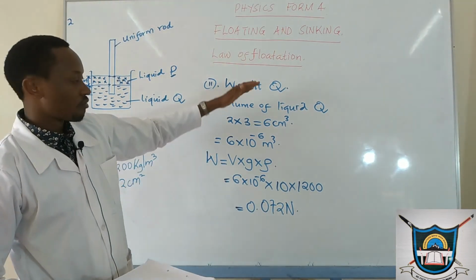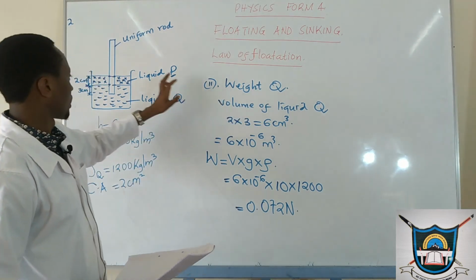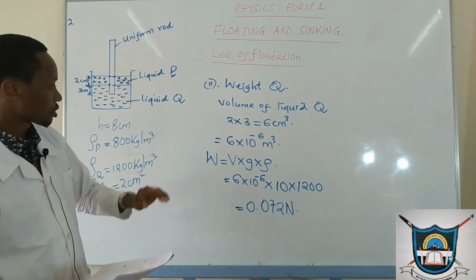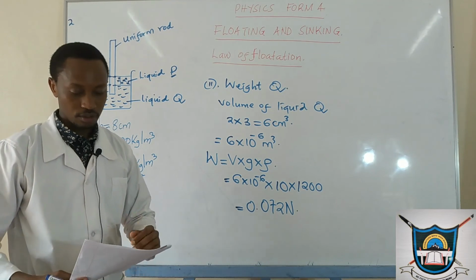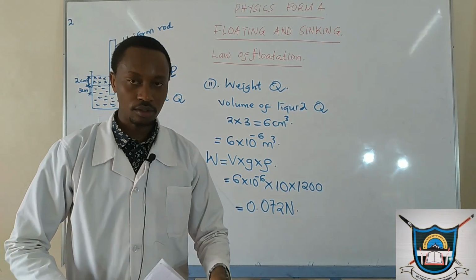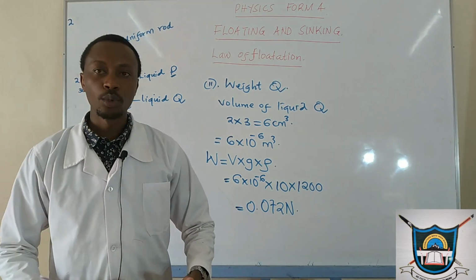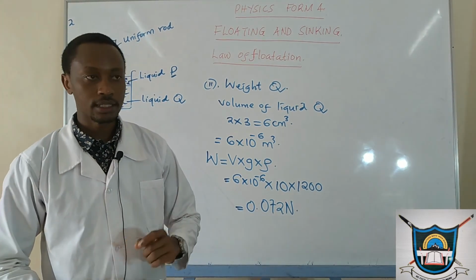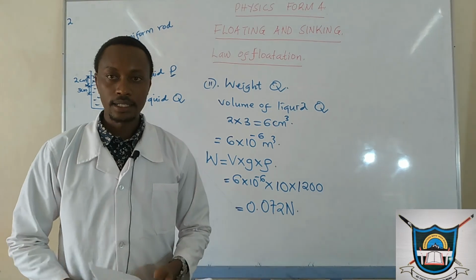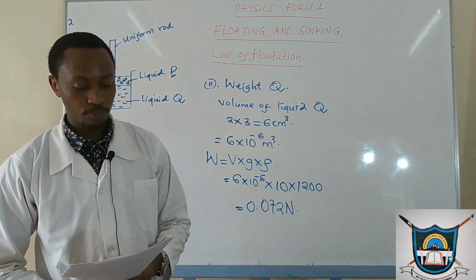So, students, we have been able to get the weight for Q and P. I want to leave you with a question which you will try to do during your free time. Roman 3 of the same question: you are supposed to determine the mass of the rod, and in the last part, you are supposed to determine the